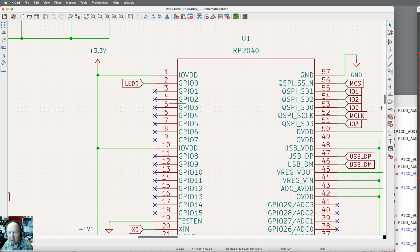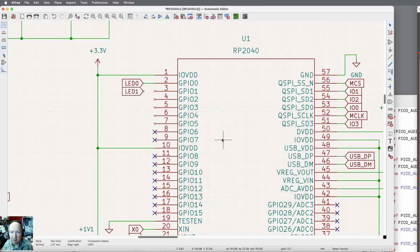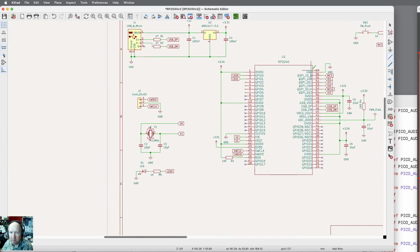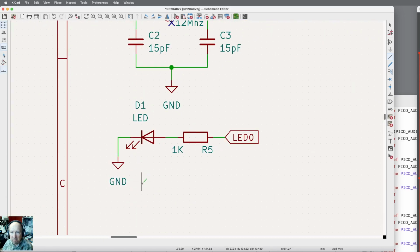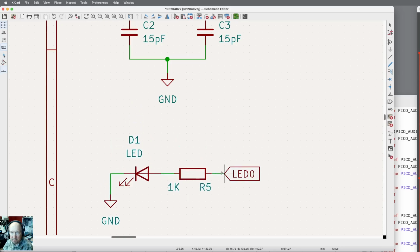Let's just go down the pins. I want to delete that no connect. I'm going to take all these off because I'm going to add things, and hit the escape key to get out, and I'm going to duplicate this LED 0. It's going to be LED 1. Okay, put a line on it, and then I'm going to zoom out, zoom in, and I want this basically same thing here. So if I just take this and move it down a little bit,